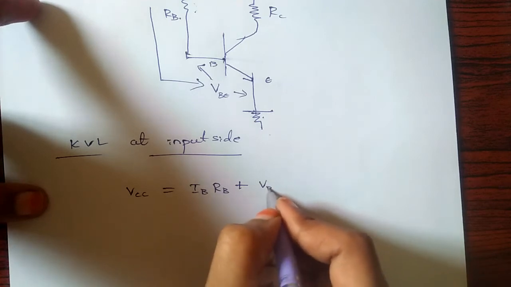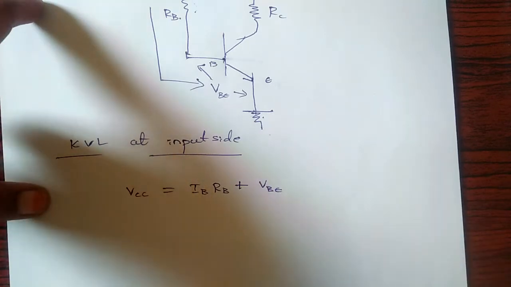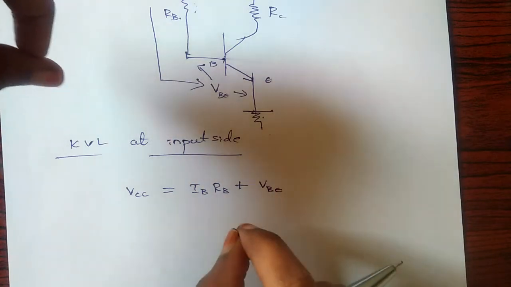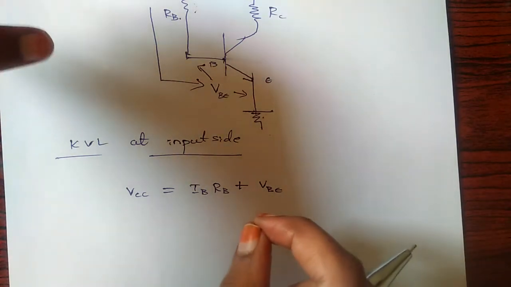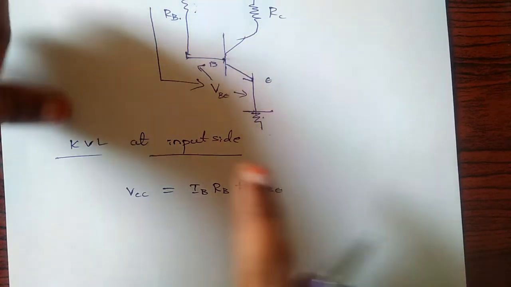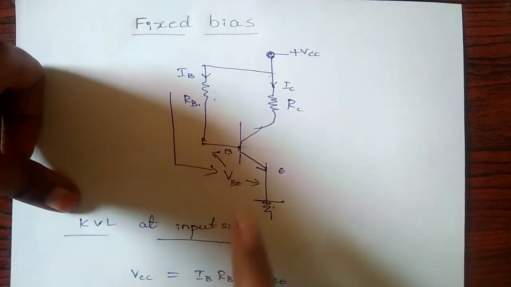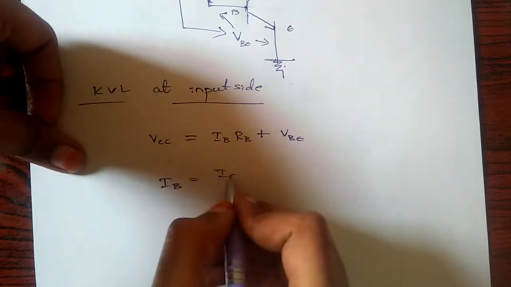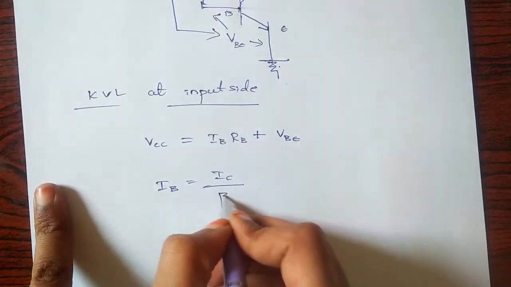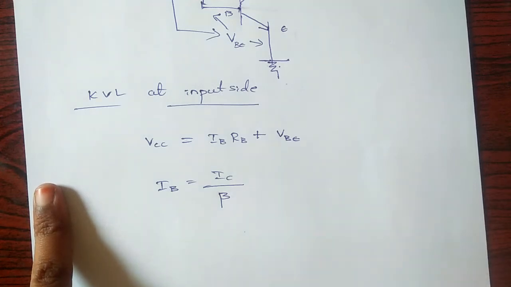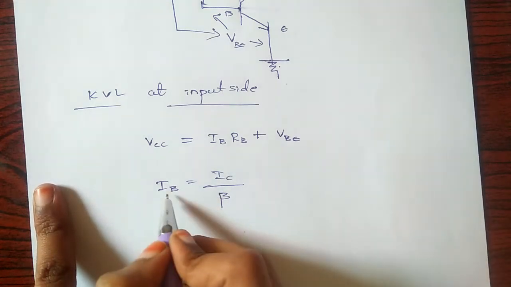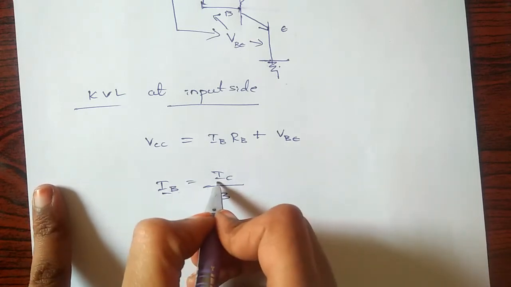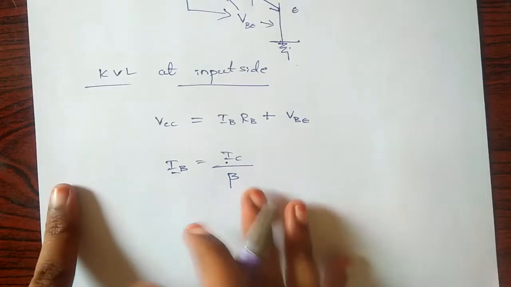So VBE. And now the required value of DC base current IB for the given operating point is obtained by selecting the proper RB value. So we have here IB is equal to IC by beta, right? Where if you look at here, base current is directly proportional to IC, isn't it? Okay, then let